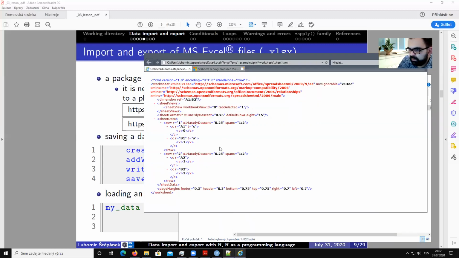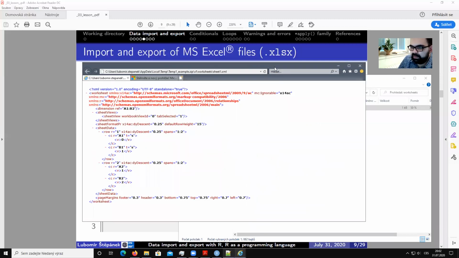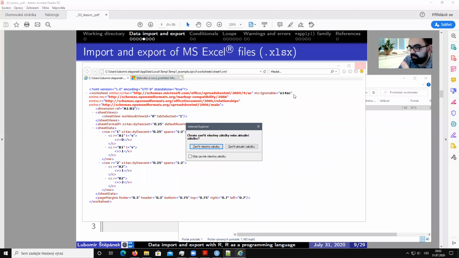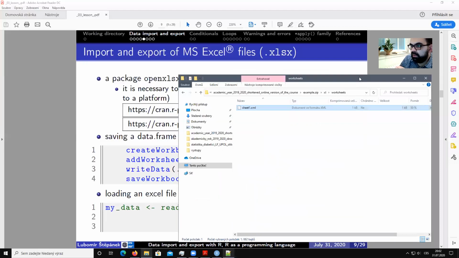I don't know. It should be somewhere here. A1, A2, A1, B1. Okay, I think the values are somewhere here, or maybe in a different Excel file. But the important thing is that